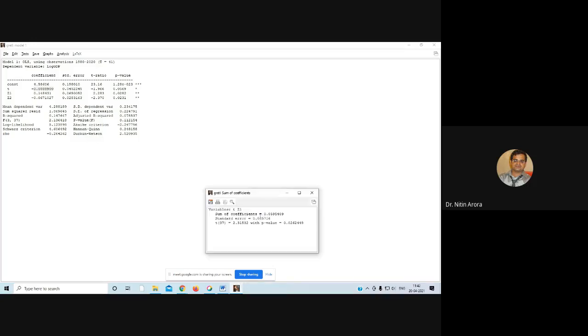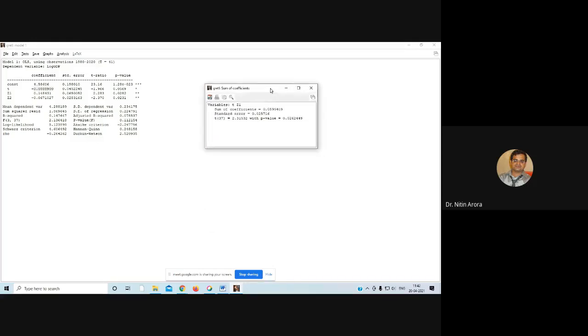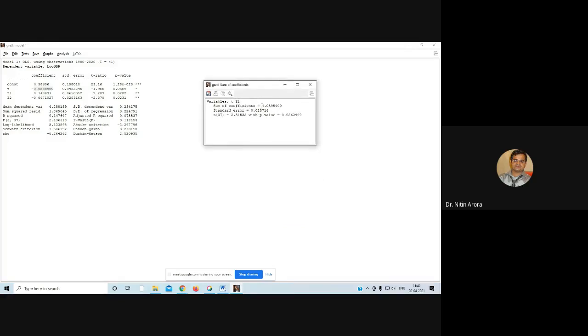Click OK. You can see the sum of the two coefficients is 0.0595. So in the 1985 to 1991 era, approximately a 5.95% growth rate, a positive growth rate, is observed, and this growth rate is statistically significant at the 5% level. Here you see the p-value is 0.02, less than 0.05. So at 5% this growth rate is significant.